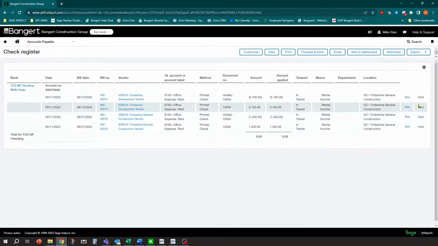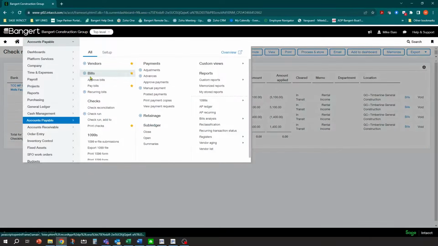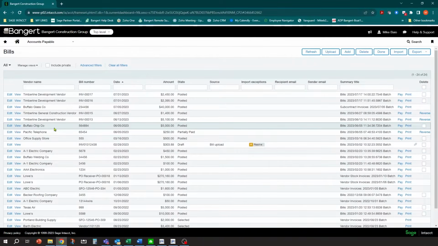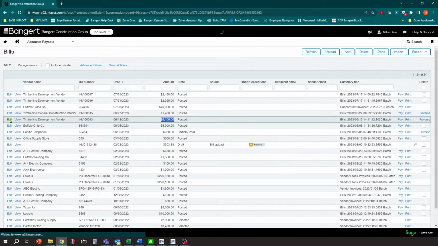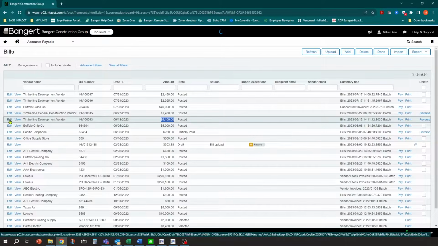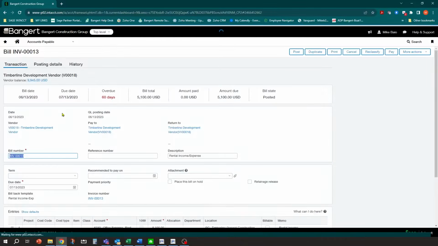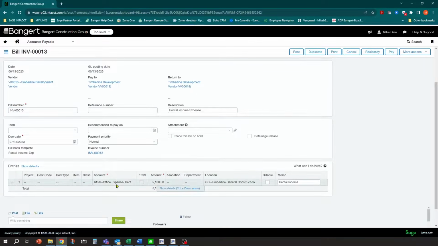Okay, so that's voided now. If we go back into that bill, you'll notice there's no payment. It says open, pretty much it's a posted bill now. It'll be in your aging, it'll be open as 5100. But if I go into edit now and I try and just edit that invoice, even though our settings are turned on that says we can do it, if you notice now, it does not let me edit it anymore.